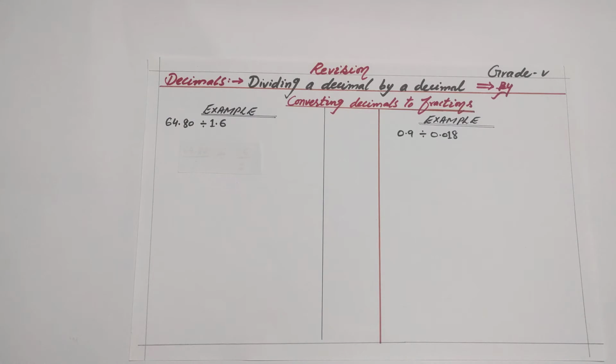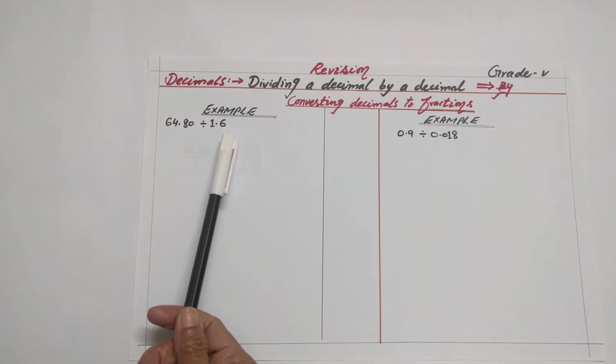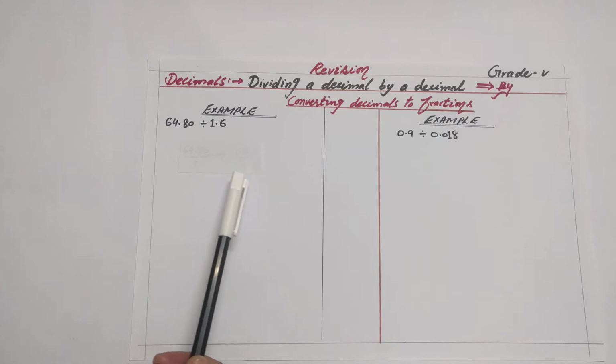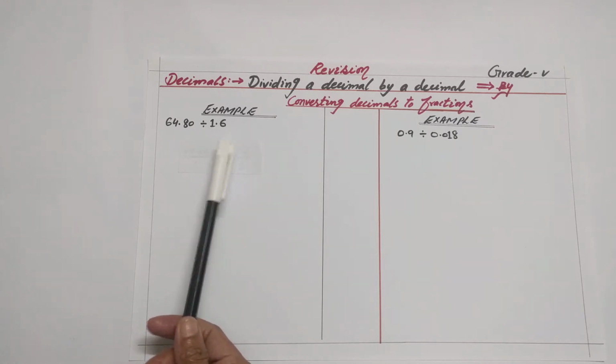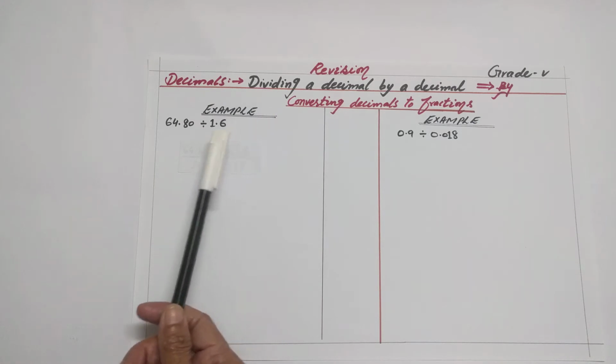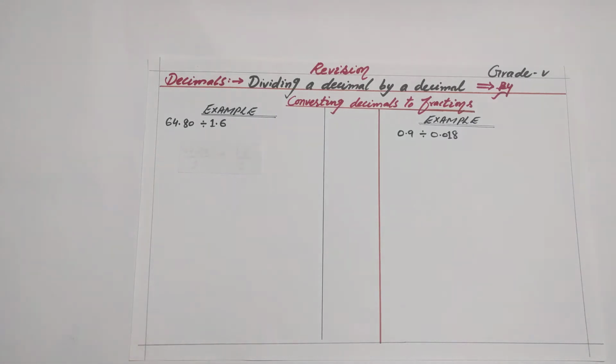So it is easy to divide a decimal number by a whole number, but it's not so simple to divide a decimal number by any other tens or by hundreds. So in such cases we need to change the decimal into the fraction form. So firstly we will convert the given decimal in the fraction form, and then we will proceed with the method.